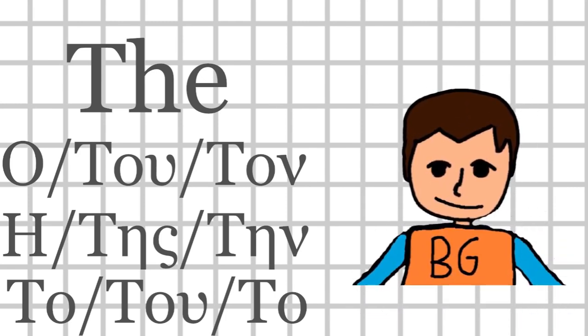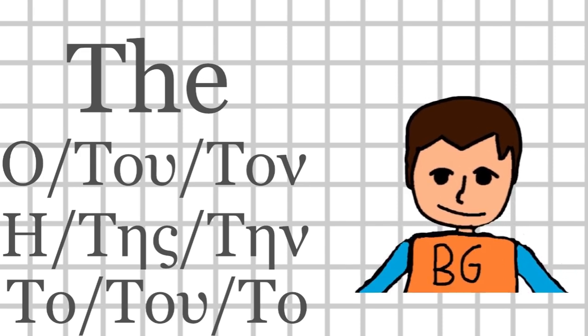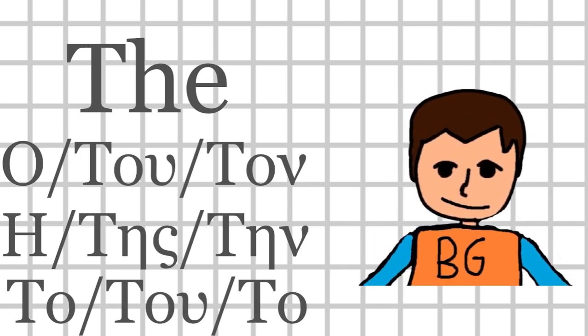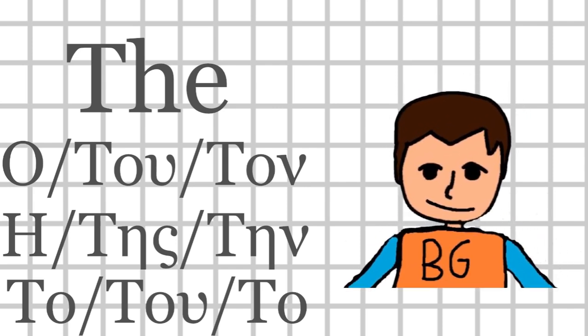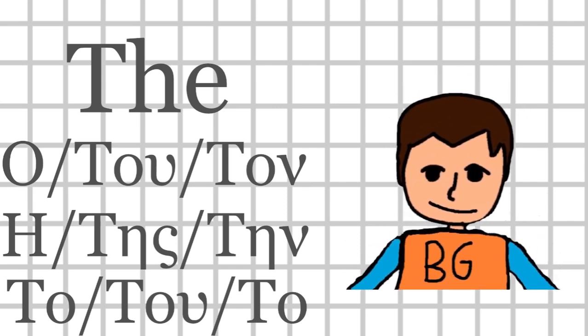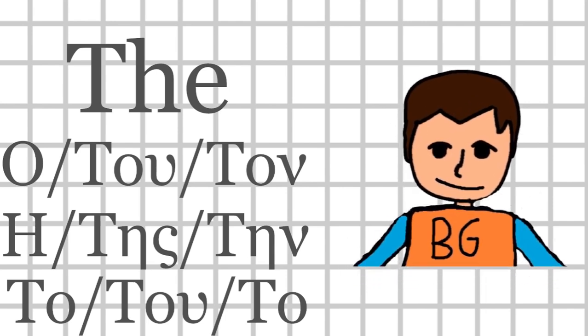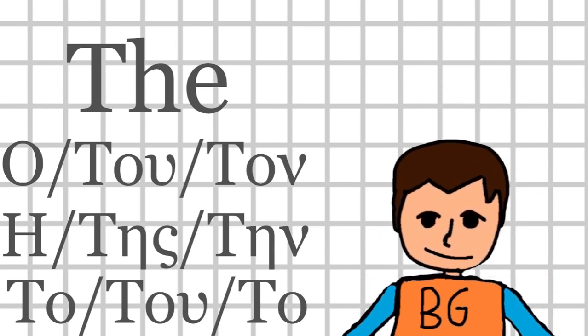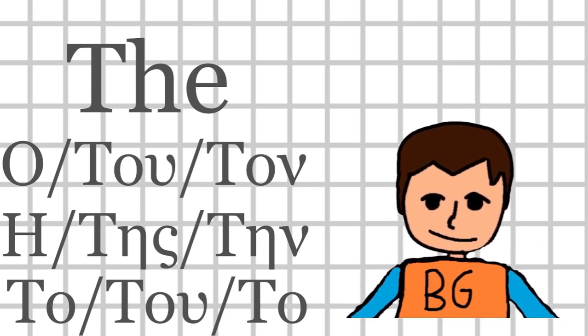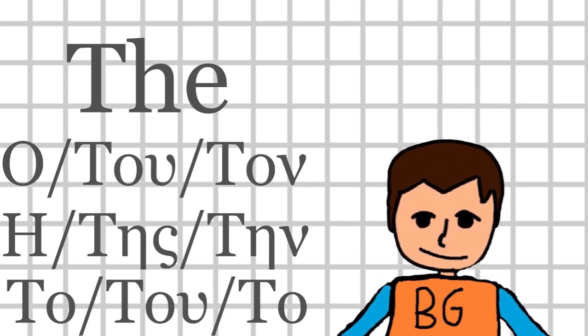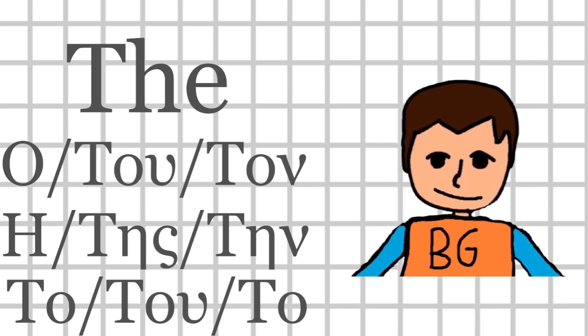So, on the top here we have the masculine definite article. We have o, tu, and ton. Now, o is used for the nominative case. The nominative case is basically used when a noun is the subject of a sentence. So let's say the boy is reading a book. The boy is the subject of the sentence, which means that in Greek, the sentence would be το αγόρι διαβάζει ένα βιβλίο,